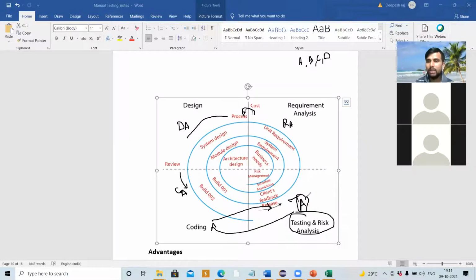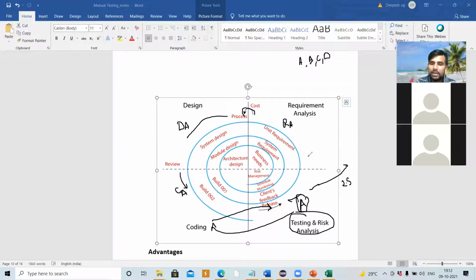Perfect. Once A module is done, do what? Release it to the customer. So in 2 or 2.5 months approximately, the customer is going to get the application. Means they can use the application at an earlier stage. But in the previous model, the waterfall model, after 1.5 years he is going to use the application. Here he gets the application earlier, not the whole application, but at least some features he gets to use.